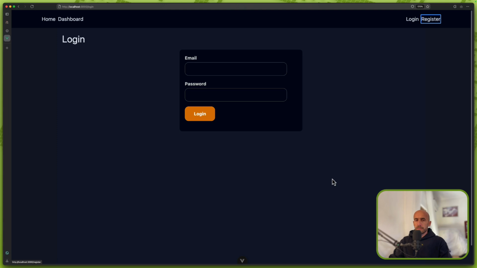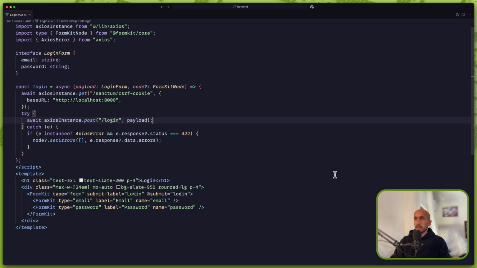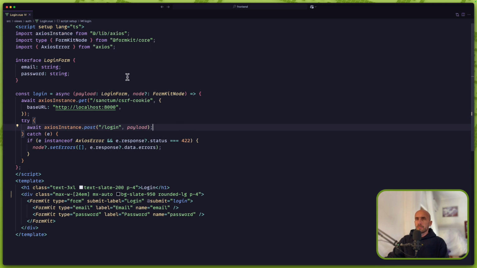And then also let me just open the VS Code here. For example, let's open the login first, login view. I'm going to move the interface in a separate file and just import the login form type. Okay, as I told you, first we use FormKit to reduce the code here. Then I'm going to move this in a separate file. Also, I'm going to move this logic in a separate file, so we're going to have a very clean